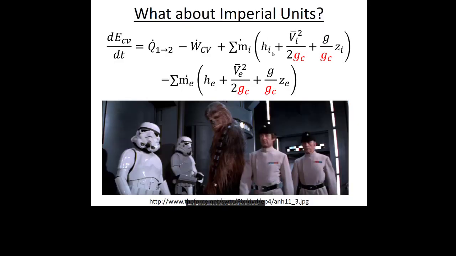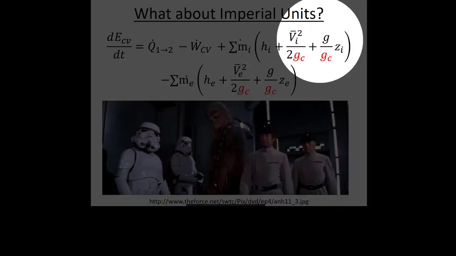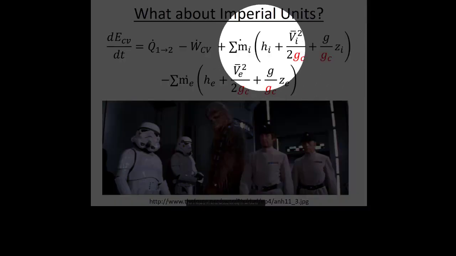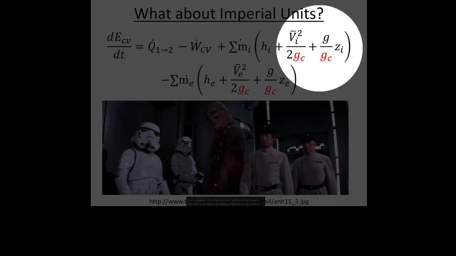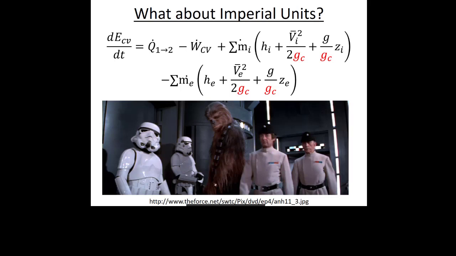But in imperial it's worse because not only do we have to deal with units, because probably these are going to be in foot pounds and these are going to be in BTU, H is going to be in BTU per something, right? So we'll probably also have to divide by 778, which I guess is kind of like the imperial equivalent of 1,000. So the moral of the story here is if kinetic or potential energy stick around, you need to be aware of the units. You really have to track your units in your calculations.